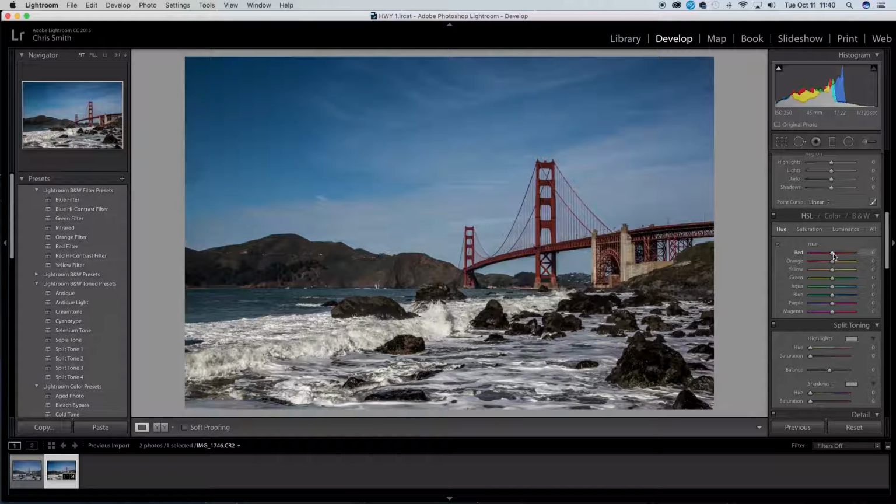Basically, if you go over to the hue right here, it gives you the option to change the color of certain colors in your picture. So if I want my blues to be more green, I can do that. Kind of a cool way to change color of colors in your image. I can make the reds more orange, and you can look at the bridge and it gets more orange. I normally don't mess with the hues that much. I leave the hues as is for the most part, but I do go into my saturation tab here within